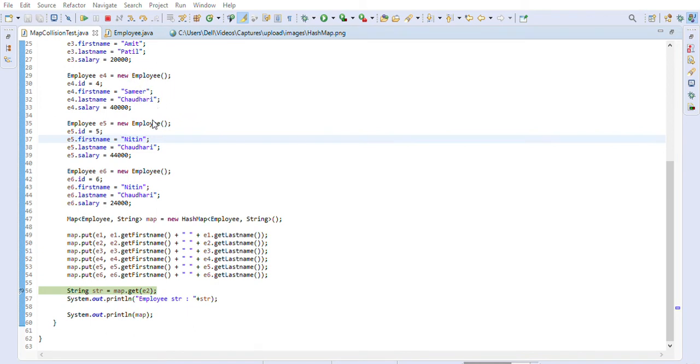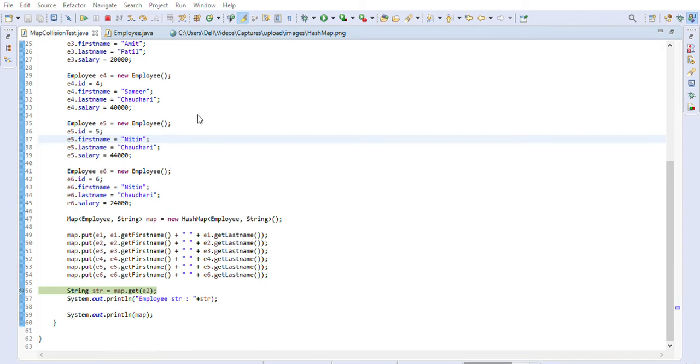Next again is an employee with ID 2. If you keep going next, you will see all the employees in the same bucket. This is ID 3. Then if you keep expanding, you will see that this is ID 4, and the next is ID 5, and the next is ID 6, right? So this is ID 6, as you can see.